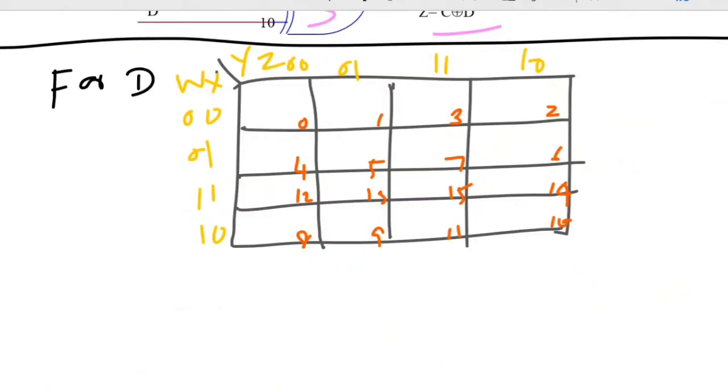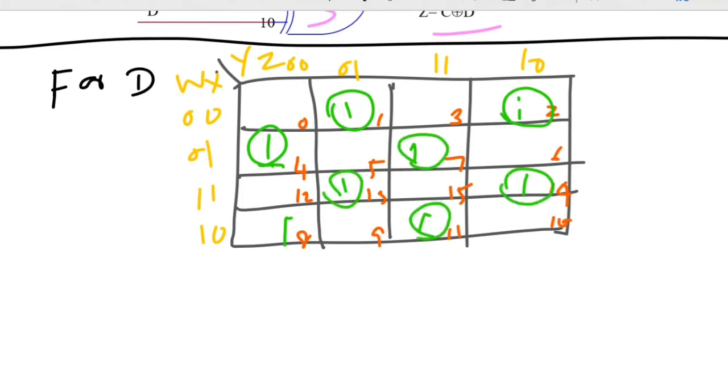Now you do post all the things one by one. Here 1, 1, 1, 1, 1, 1, 1, 1. So all are individual. It's not possible to group anything. All are individual. So write the expression for D is equal to W bar for this one. So you have to write for each and every individual one.